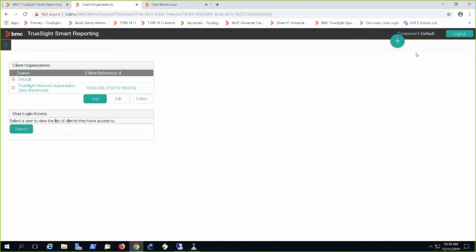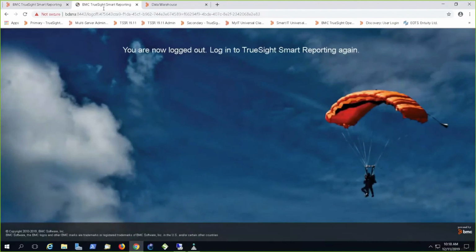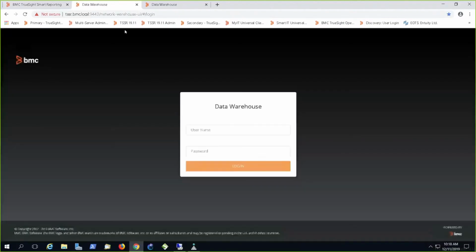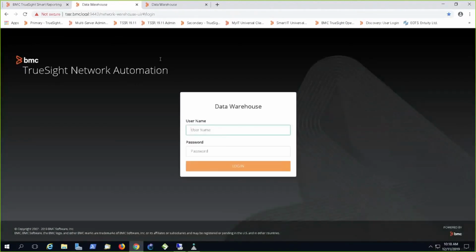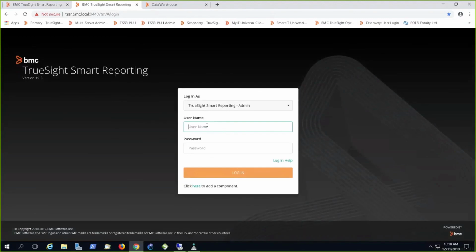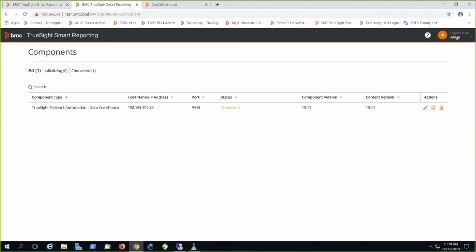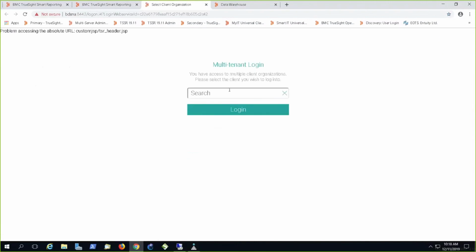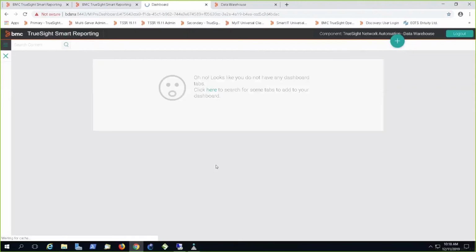Once you do this, you will have to log out, and when you try to log in again from this UI and go to the admin console, you will actually see a multi-tenant login. So you can now select which tenant you want to log into. This is very important because one of the things we do here is